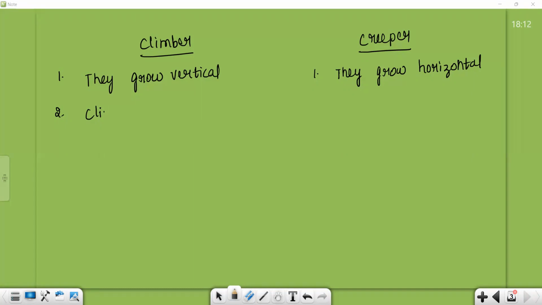Okay, ma'am. Do we have a rule that a climber should grow in a certain way? According to you, fruit must be big, but a money plant won't have any fruit, still it comes under the category of climber. So that is what I am telling: don't look at the fruit, just look at the stem and how it is growing.